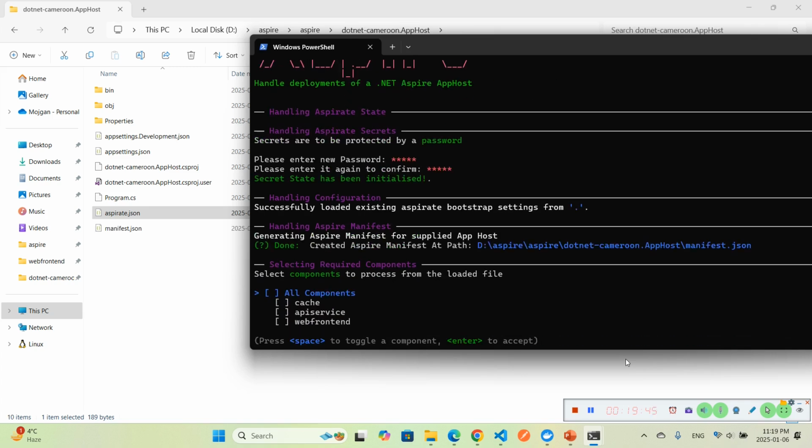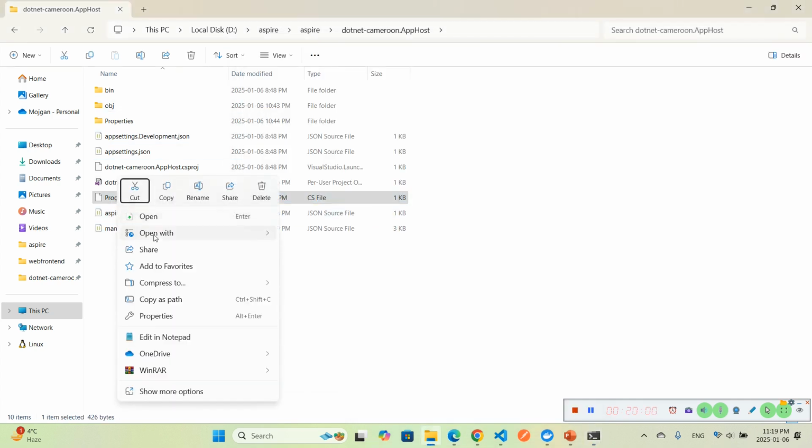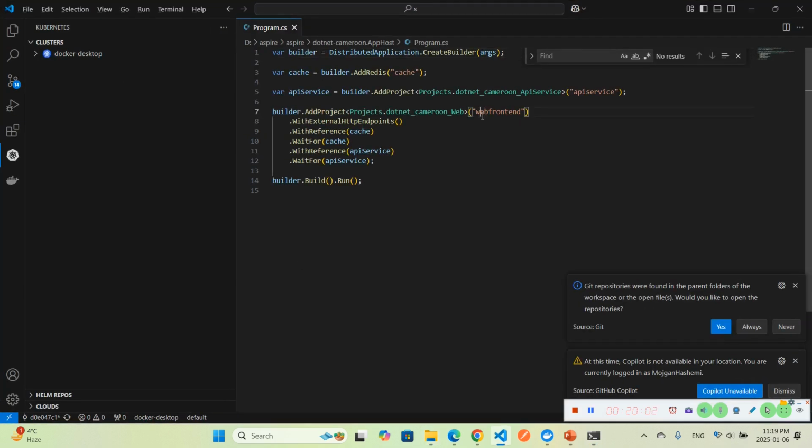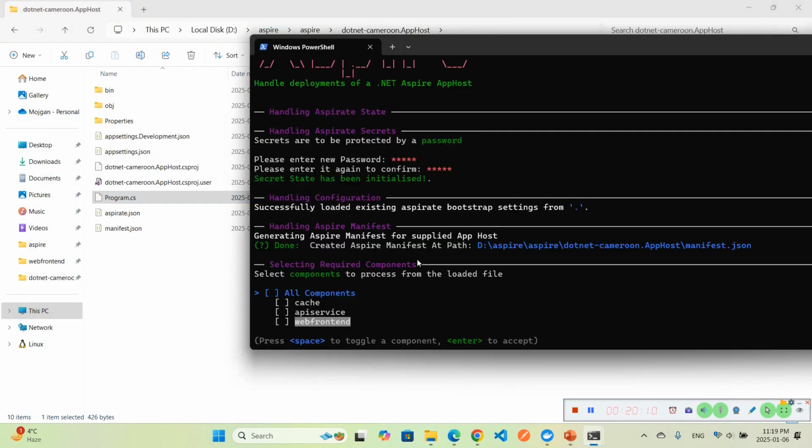information. It has discovered our projects and found that we have 3 different services named Cache, API service, and front end. These words are obtained from Program.cs here. That's equal to these names which we have put on our resources. It has discovered those resources and asks which of these services you are going to deploy on Kubernetes, or rather, which I should create a